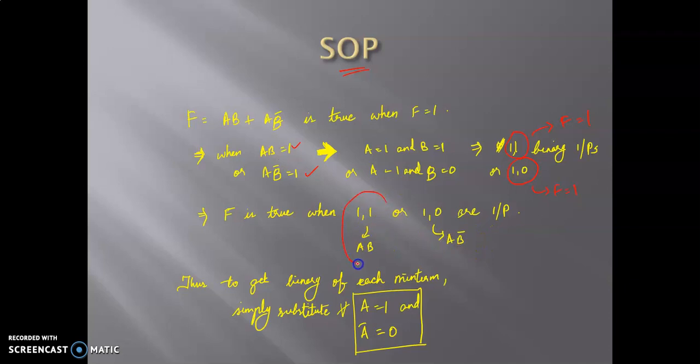Looking at this, we understand a shortcut, that is, how to get the binary of each minterm. You see that A is in the true form, that is represented by 1. B is in the true form, that is represented by 1. Therefore, whenever a variable or a literal is in the true form, you represent it with the value 1. Here you see that A was in the true form, so it is equal to 1. B is in the complemented form, therefore it is represented as 0. Therefore, whenever a literal is in its complemented form, you represent it as a 0. Okay, so we keep this in mind for minterms. This is the case for minterms or SOPs alone.